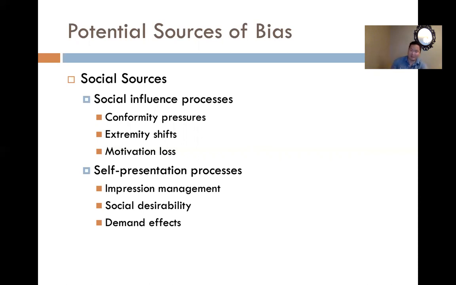You could have extremity shifts. So picture this, you're sitting in a room with some SMEs and they're saying, oh, it's really important for us to do X. And then the person next to them is like, oh yeah, that is super important. And then everyone is like, oh yeah, definitely that, got to do that. Extremity. So this is kind of stolen from social psych.